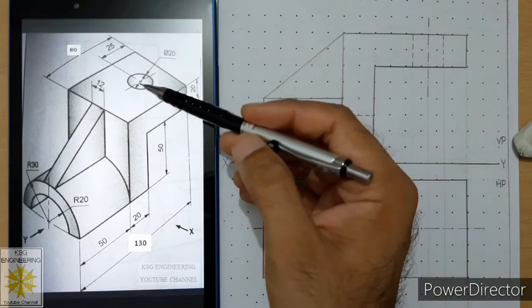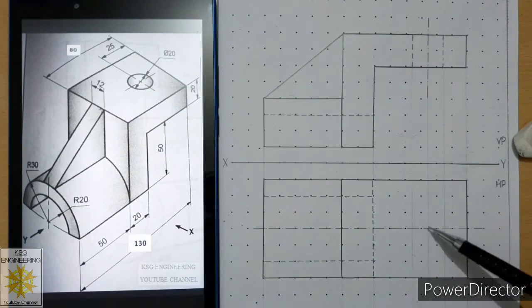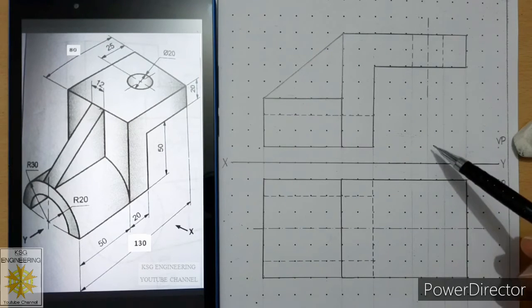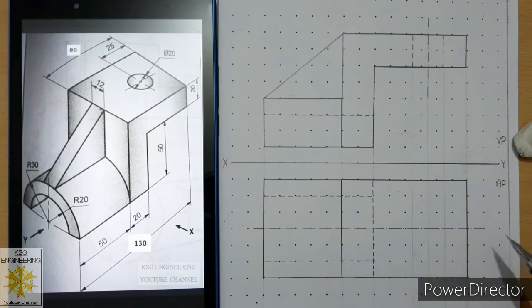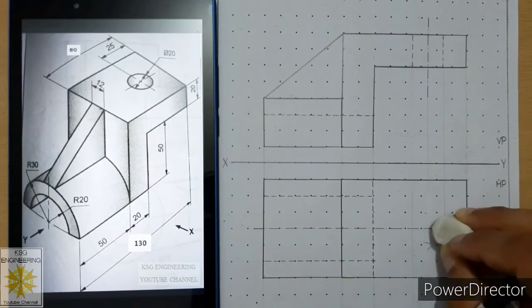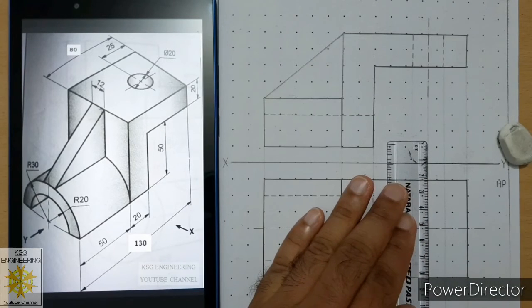Okay, now we will draw this hole, and we have already taken one projector from this center line from the front view, and where this projector and this horizontal center line are intersecting, that is the center of that hole. So let us convert this projector into center line within the view, and we will draw a short center line of around 20 millimeters